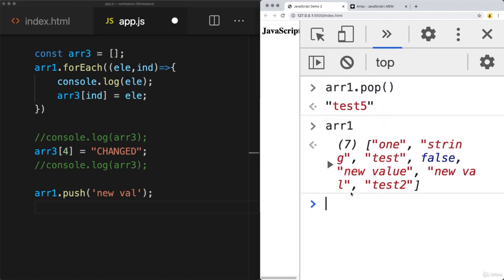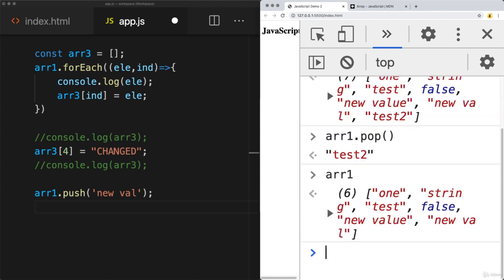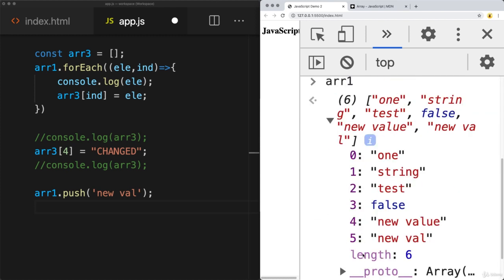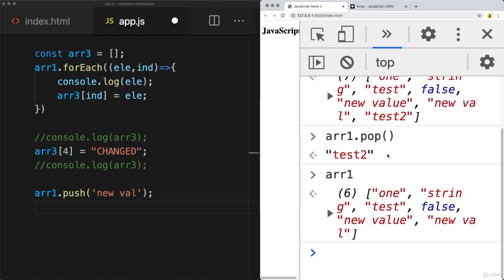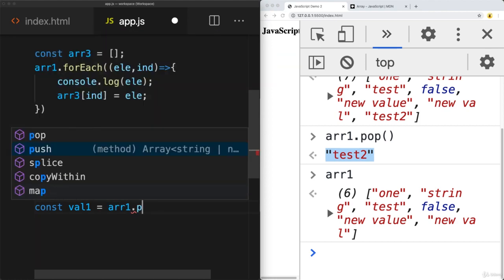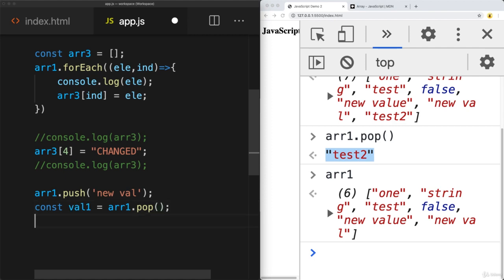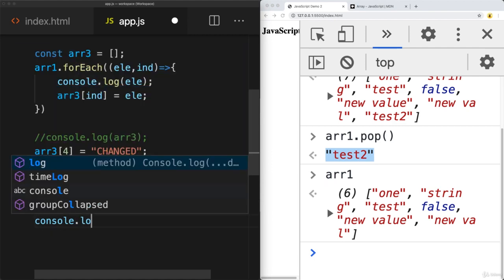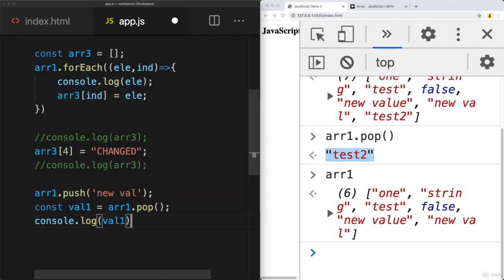So if we do pop again, we're going to remove that last item, and if we output the contents of the array, you'll find that that last item is now gone, but it's being returned back on the callback. So if, for instance, you want to use that value, I'll just create a val1 and take from array1 and run the pop,